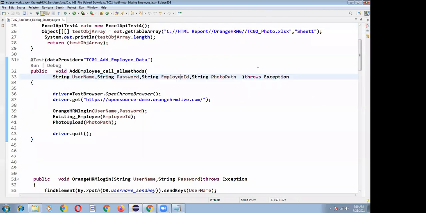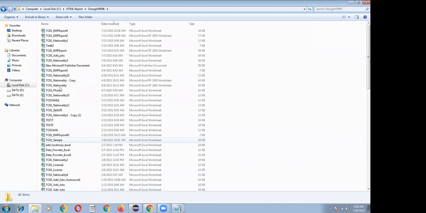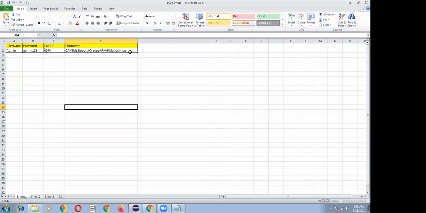So let me open my Excel sheet, tc02 photo.xlsx. Right, this one. Here it contains my required input details: 0074, and this is the profile pic I want to upload.